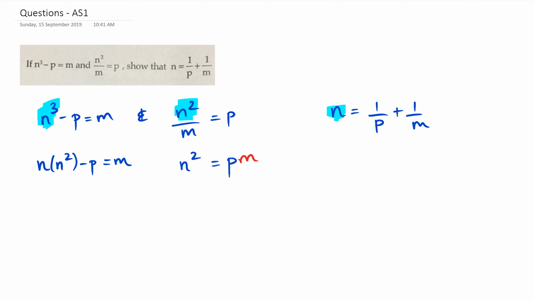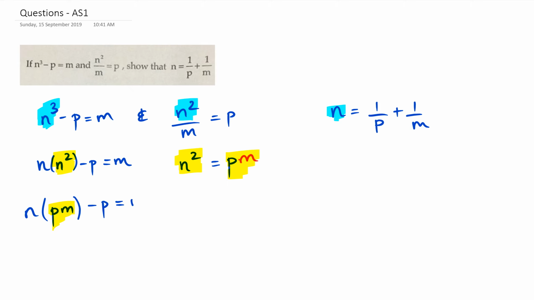So all I've done is split up n cubed as n times n squared. Now the reason I want to do this is because then I can replace n squared with pm. So I've got n multiplied by pm, because that's what n squared is equal to,